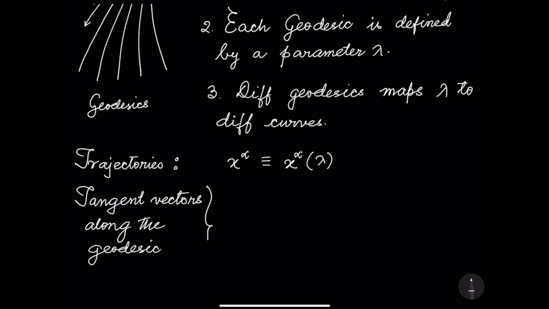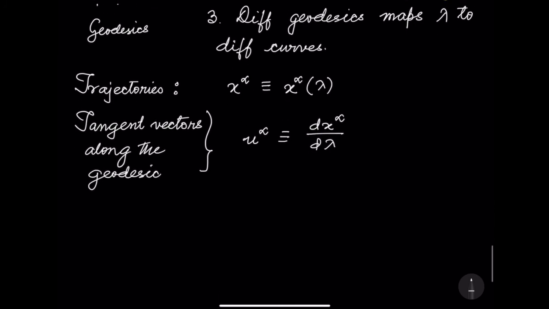The tangent vectors along the geodesics are nothing but the velocity, the four velocities, which are given by dx alpha d lambda. Now, it may not be quite the four velocities if lambda is not the time, but let's call that four velocity for the time being. If lambda is tau, the proper time, then it is the four velocity. Now, since they're geodesics,